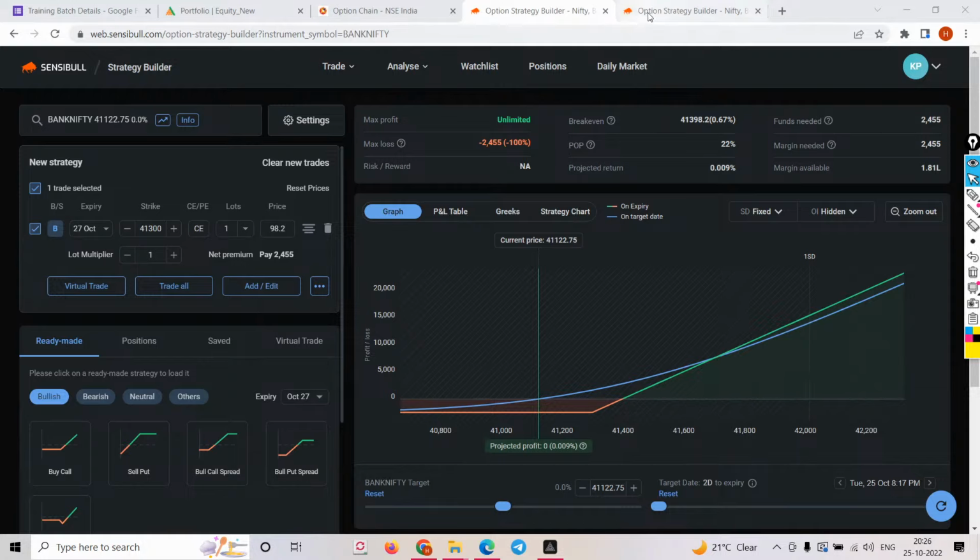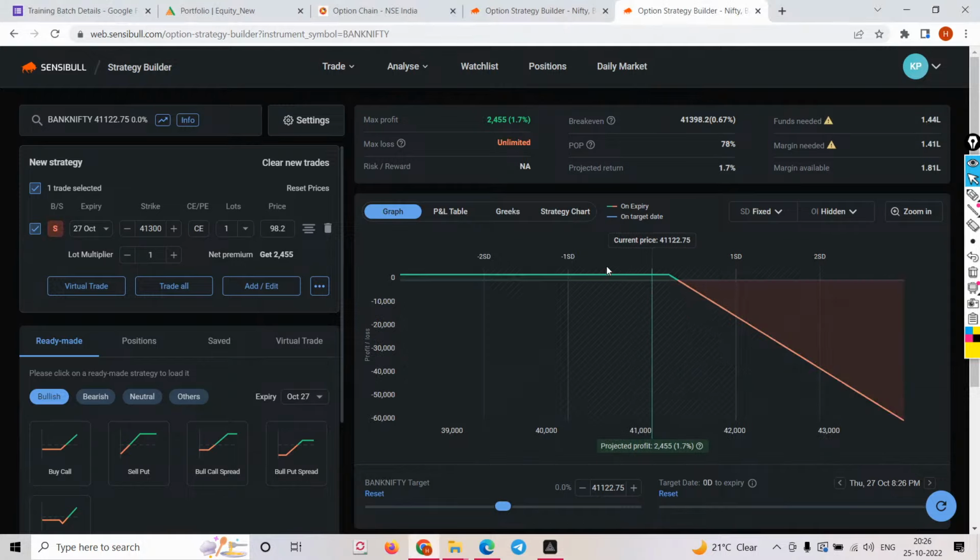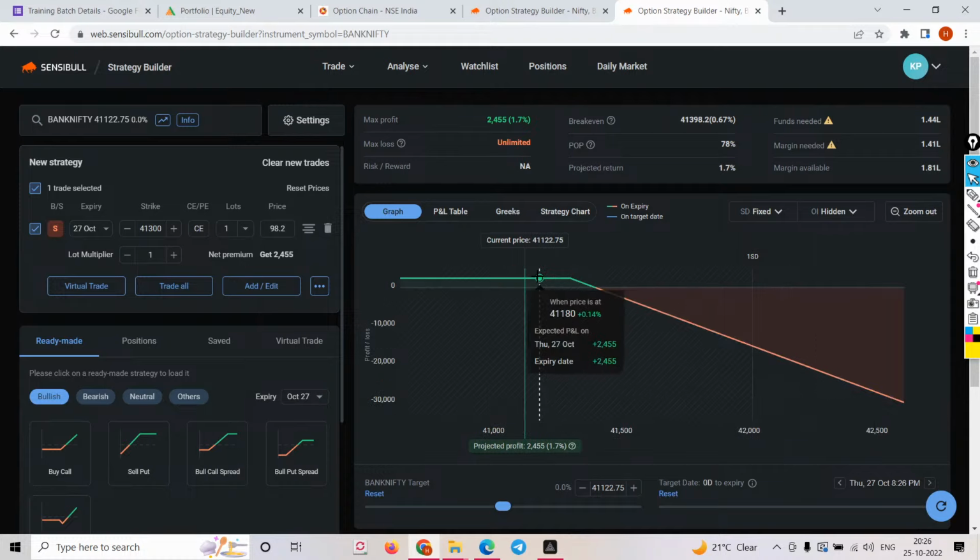Now let me take you to the sell position. I'll zoom this out. So what did we say? If the market goes down, you'll get into profit, right? Contra of the buyer. Yes, you'll be getting, check the black box. If the market stays here, or stays flat, you'll be getting your maximum profit. Even if the market comes till your break even, you will get your profit. See, this is a call.